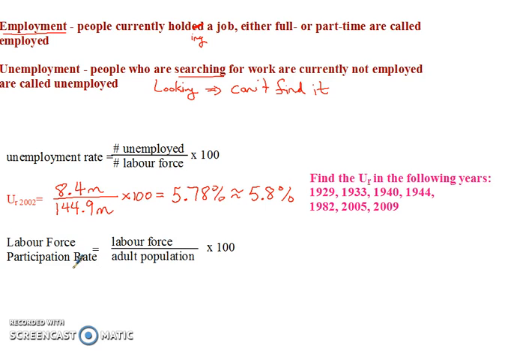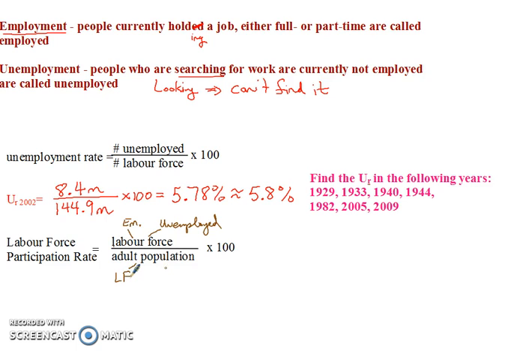The labor force participation rate is you take all the people in the labor force, and remember that means all the people who are both employed or unemployed. So the people who are employed or unemployed are the people that are part of the labor force. They're looking for work and they either found it or they didn't find it. I've said that a lot of times now. So all those people that are in the labor force looking for work, you divide that by the total adult population.